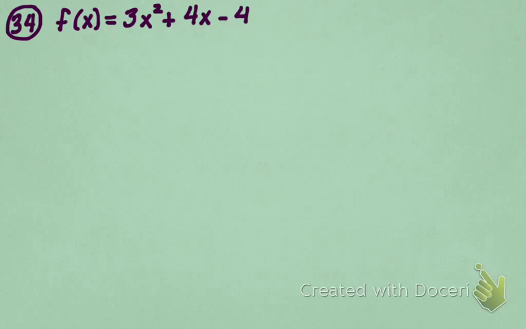In number 34, 36, and 38, we are to find the zeros of the functions algebraically. And they are grade bubble problems, so you should be doing all of this by hand. And the only way you're going to get better is just to deal with it and do it. So here we go. In number 34, if we want to find the zeros algebraically, that means we must factor